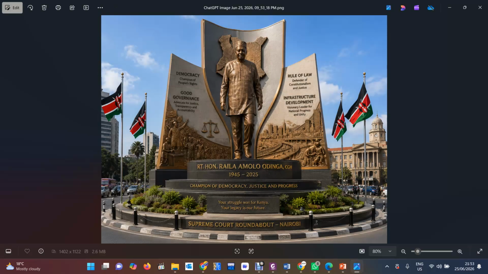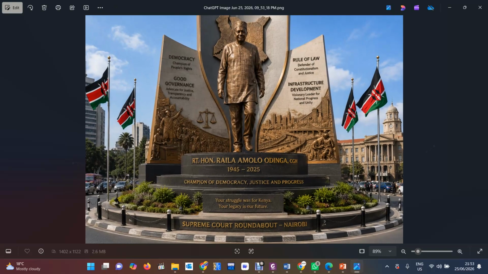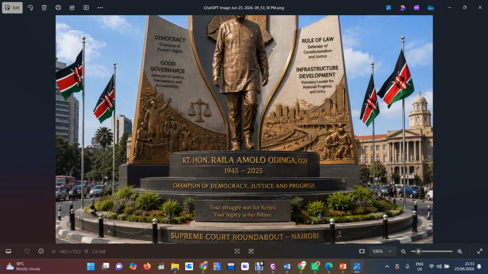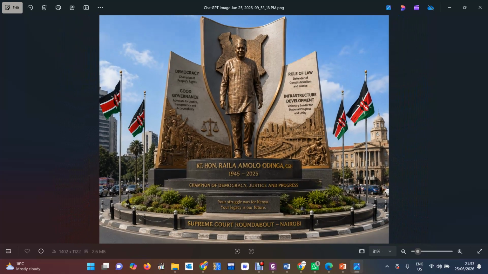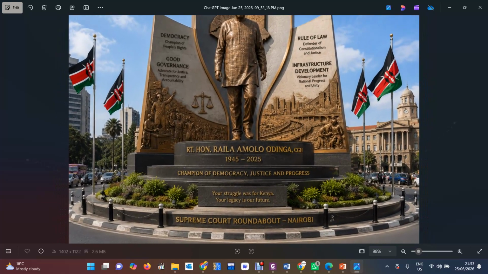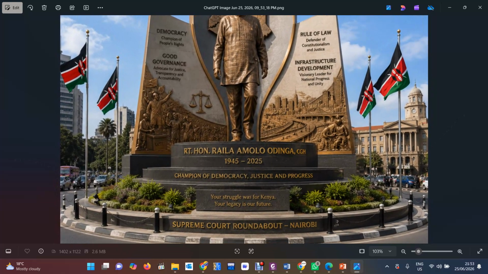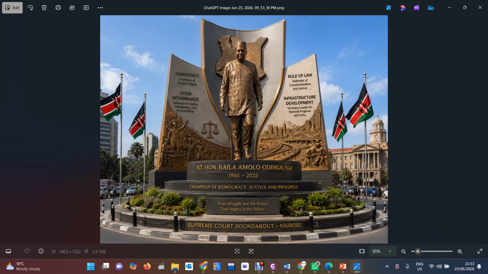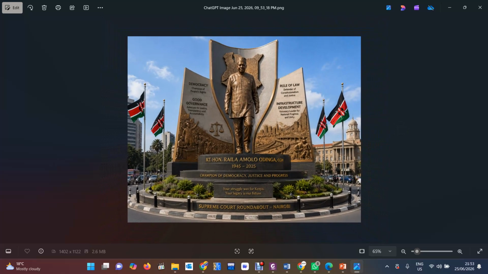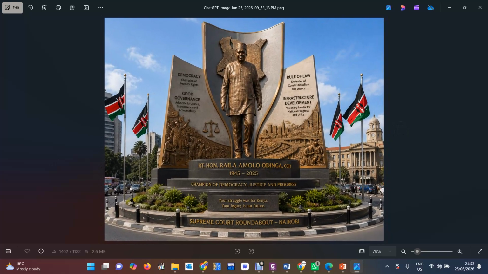That one now. You see that statue? So it has used the image that you have given it and then produce that classic statue so that it can be built and constructed as it is.